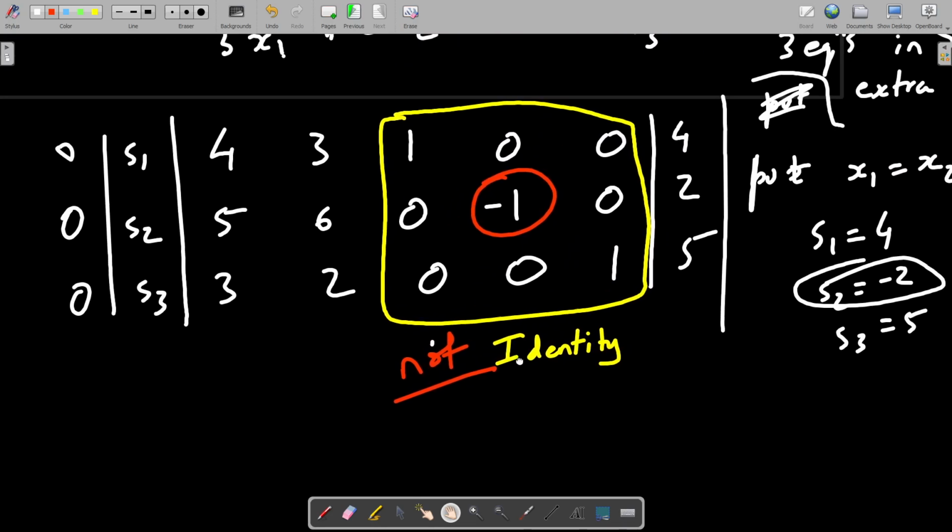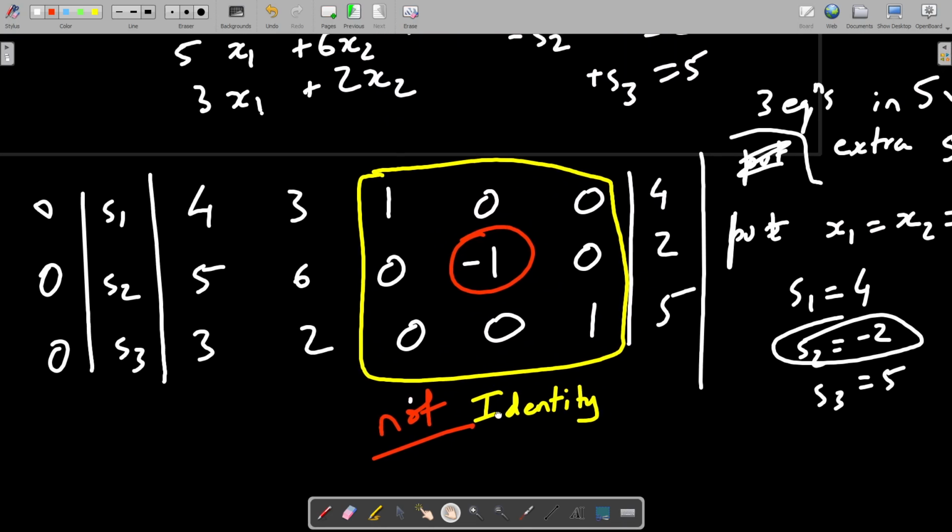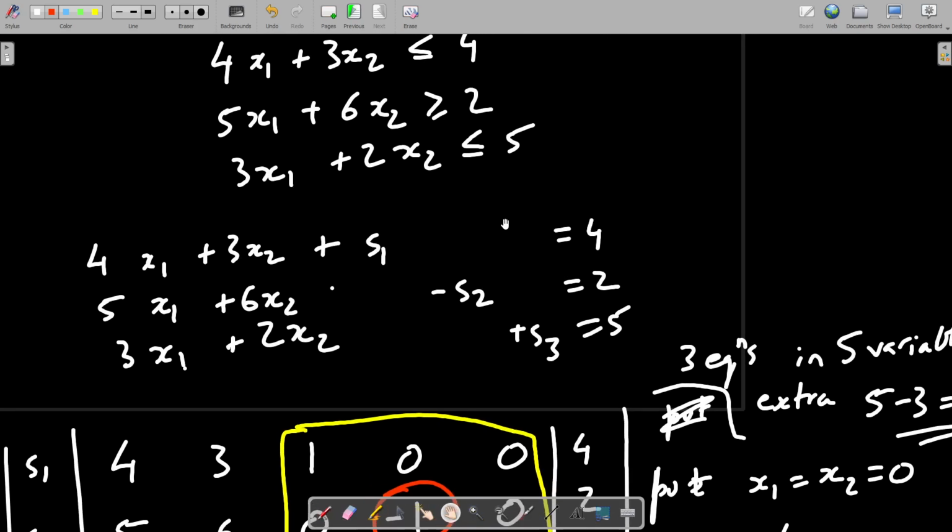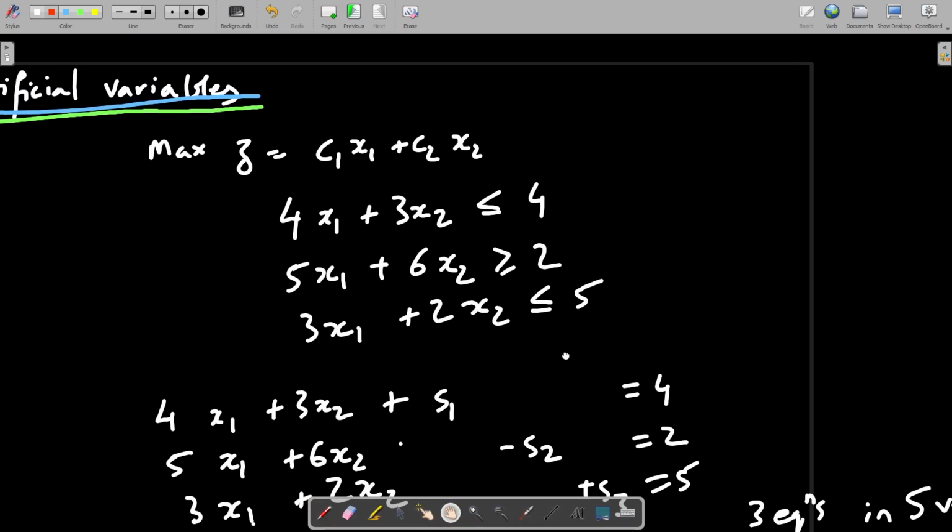So, coming to the point, what is the cause of our trouble right now? Why did this trouble start? This trouble started because we took this equation with a greater than or equal to sign, and then we had to balance it to get this. Not only this, assume you had one more equation like 4x1 plus 3x2 is equal to 4. Oh no, this does not make sense, it contradicts.